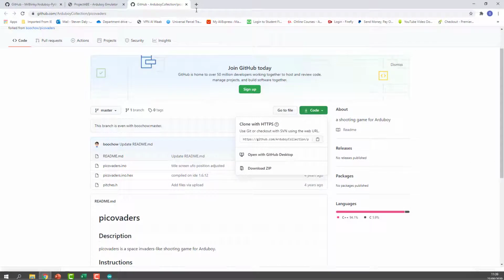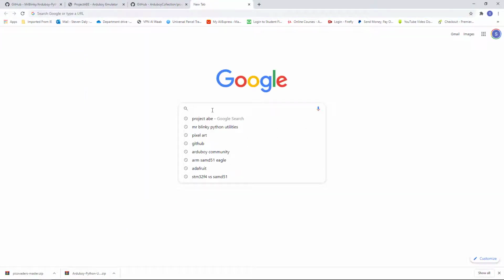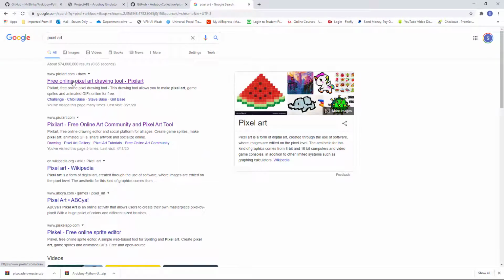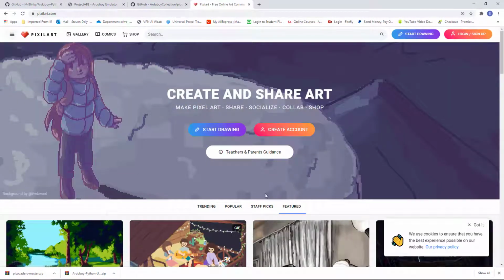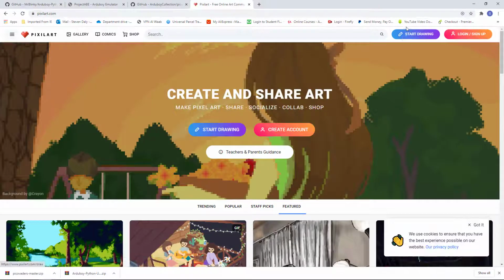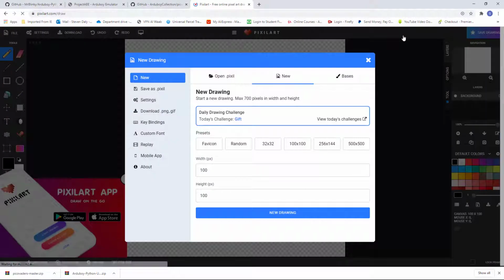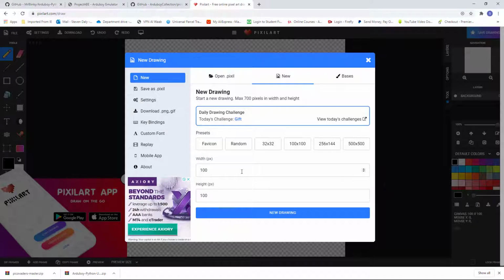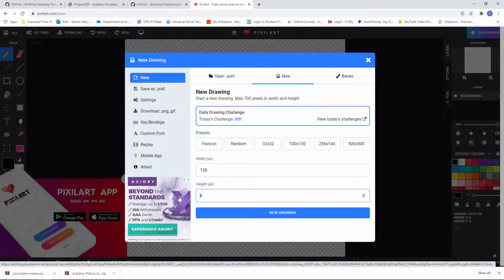Another way of doing it would be to go to a pixel art website, which I'd recommend. You can use something like Start Drawing, a pixel art website here, and you just need to make sure that you go for 128 by 64. New drawing,